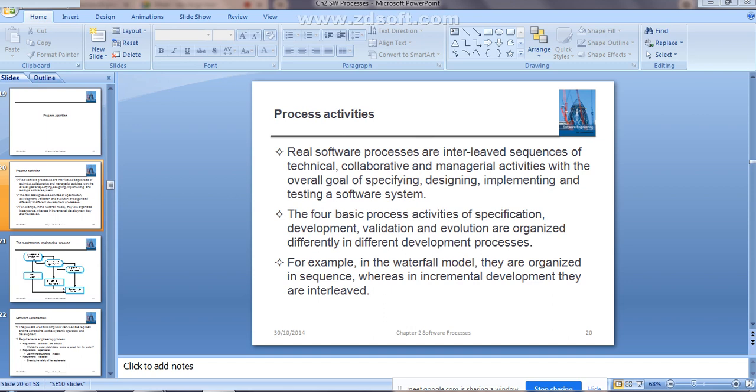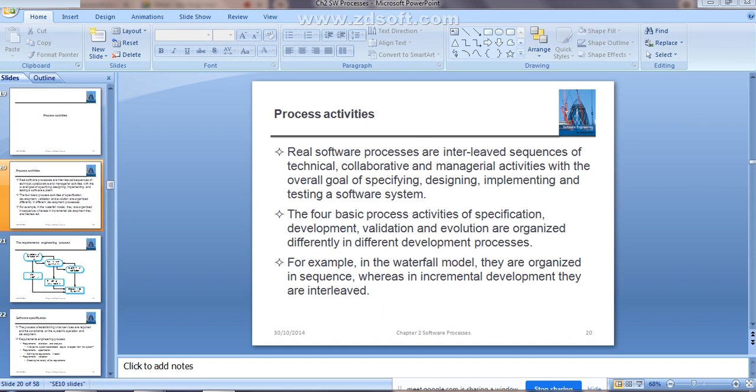They define all the process activities as separate and distinct phases. Yes or no? They indicate them as separate and distinct phases, and arrange them in a sequence. That means before completion of the last phase, you cannot move on to the next phase. That is the case in the waterfall model.